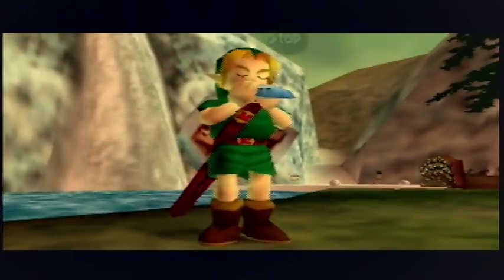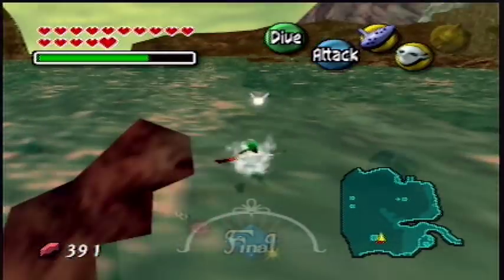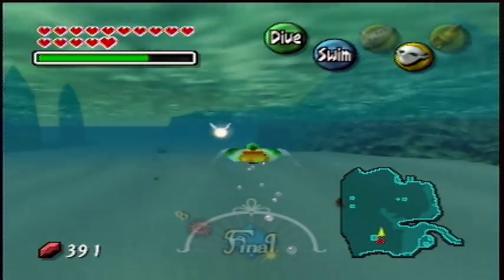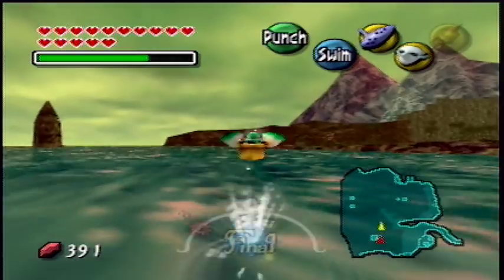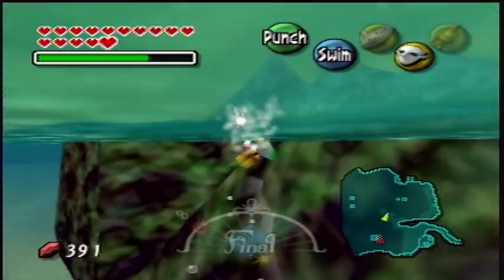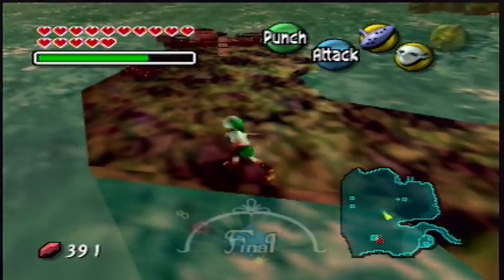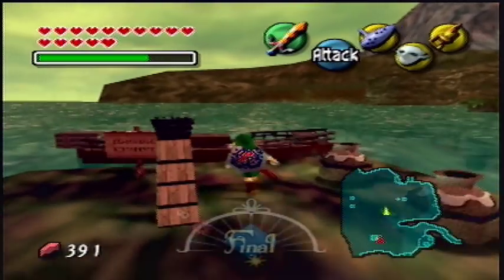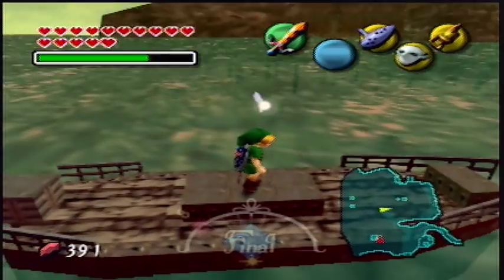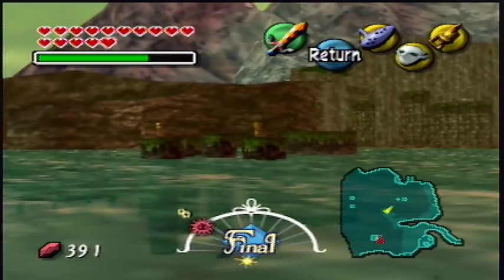So let's head over to Great Bay Coast. Alright, we are back here in Great Bay Coast, and now that we've completed Great Bay Temple, and the ocean is restored to peaceful waters, things are in harmony, we've got a little game we can play. If we head over to this platform. There you go, reach up, Link. Reach for the stars, man. Alright, we got a little boat here that we can climb aboard. And we have to just wait patiently until the boat gets to our destination, so...